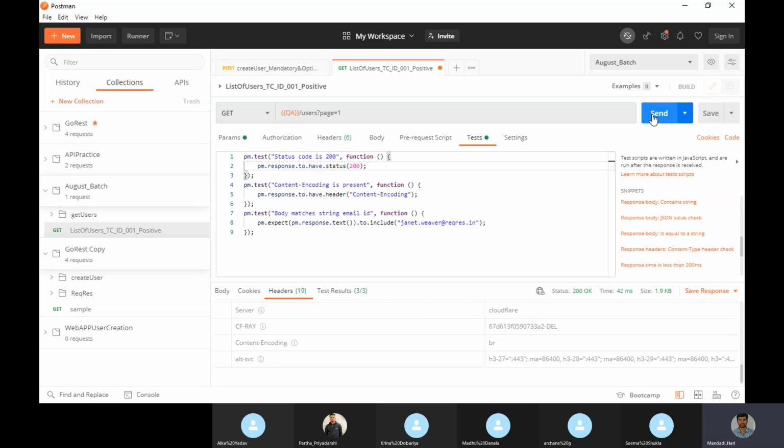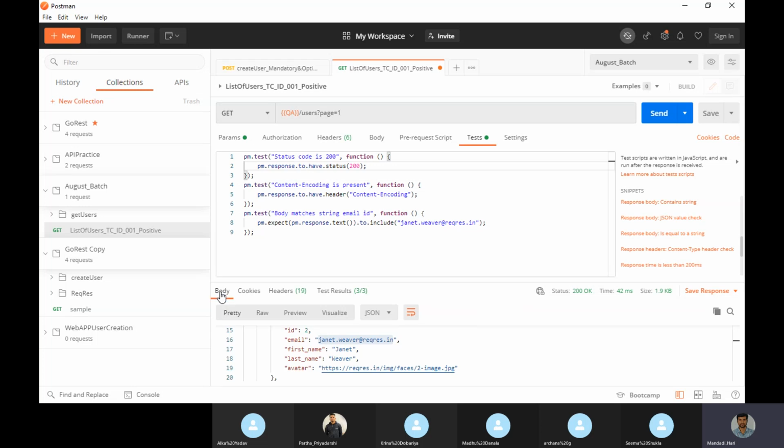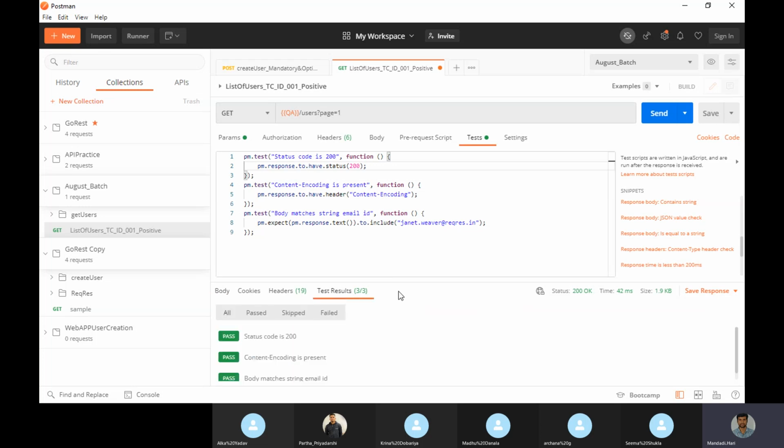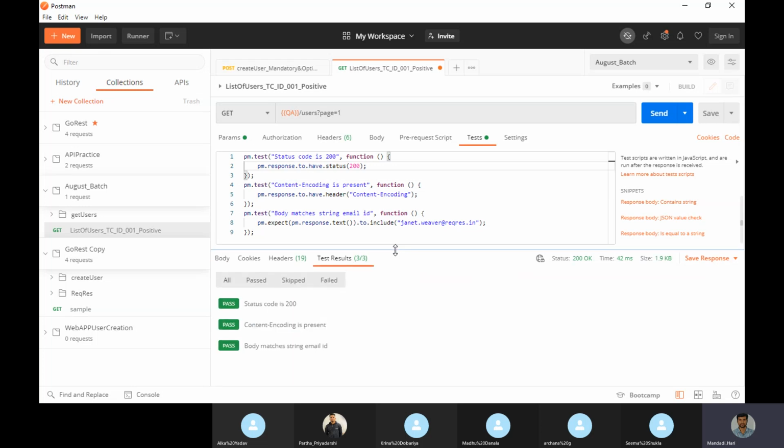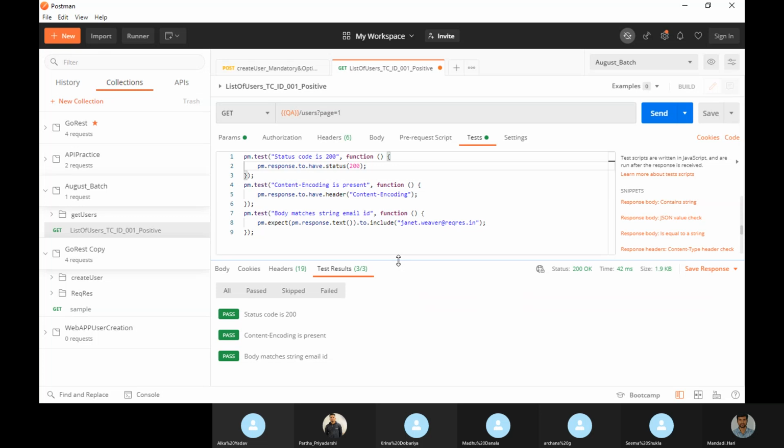If you are doing manual testing completely in your project, then we do these kind of things. If there is no manual testing, we don't use Postman just for checking whether the response is coming or not. Did I make some mistake in the automation?